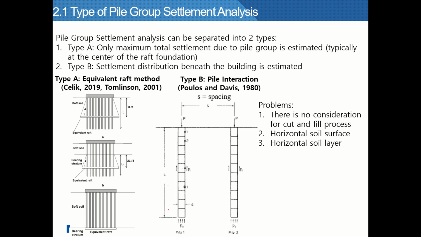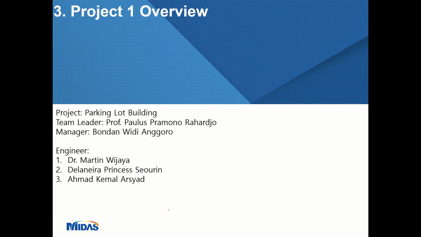Also, pile interaction analysis is actually based on the Mindlin equation, and it assumes a homogeneous soil, an elastic half space. Of course we rarely encounter soil that is homogeneous. In most of our problems, soil is not homogeneous. It might have sand, might have silt somewhere here and there, different both horizontally and vertically. So based on all these limitations, nowadays it is easier to conduct numerical analysis in order to get the settlement profile.